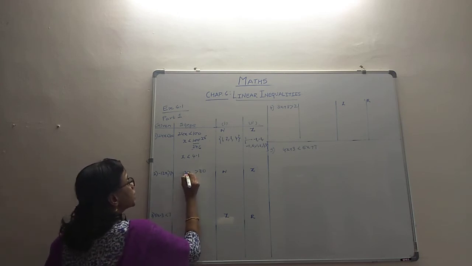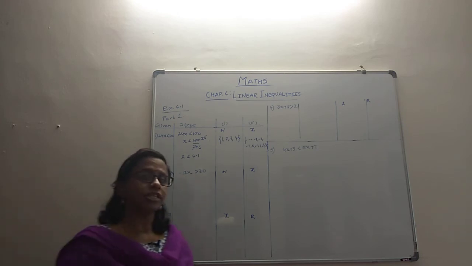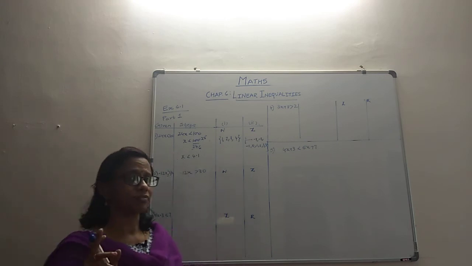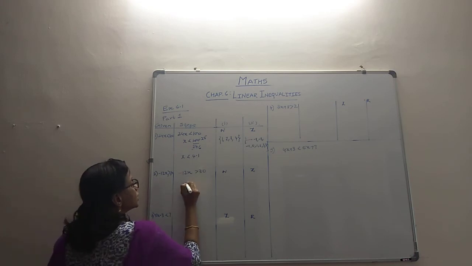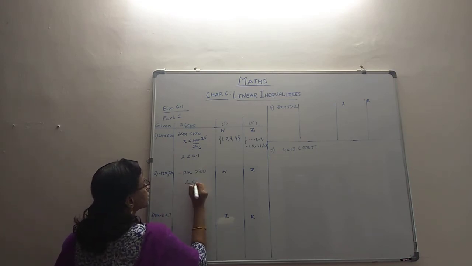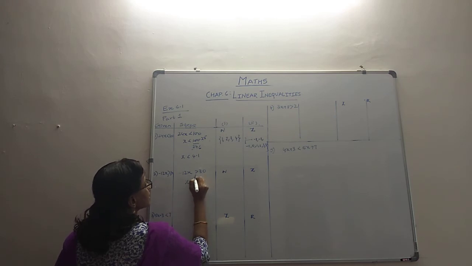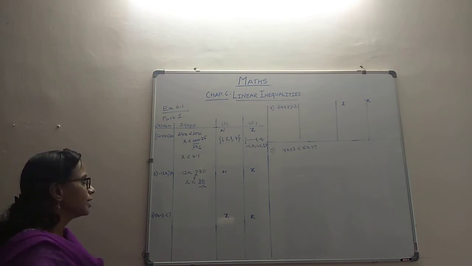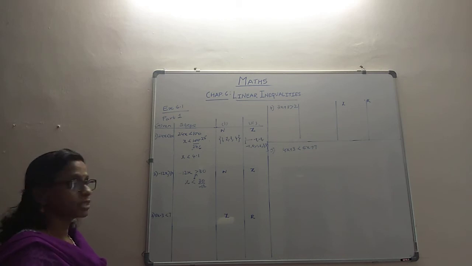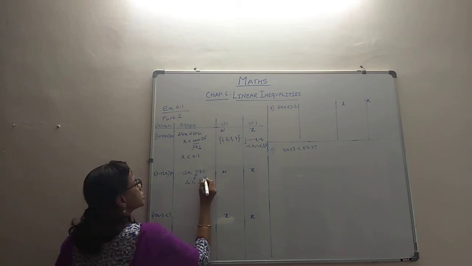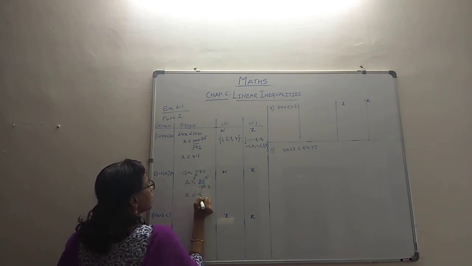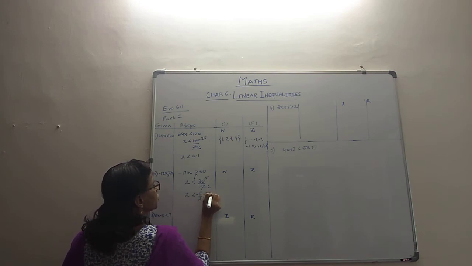Now here there is -12 which is multiplied, so it has to go on the other side if you have to get the value of x. Because it's a negative value, the inequality will reverse when you perform that operation. So we are taking the -12 on the other side, and the inequality is reversing. Mark the change. Then we can reduce this with whatever you want. 6 is probably a common factor. 6 fives are 30, 6 twos are 12. So x is less than -5 by 2, and -5 by 2 we know is -2.5.